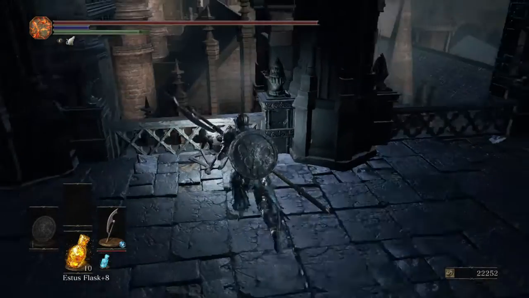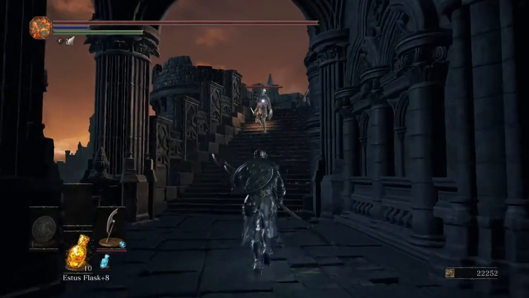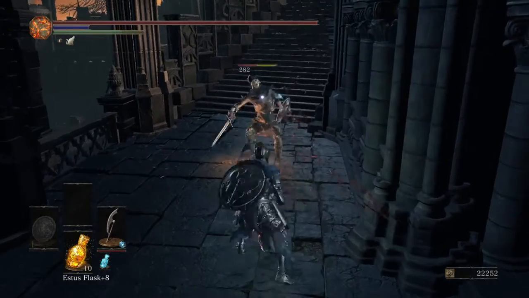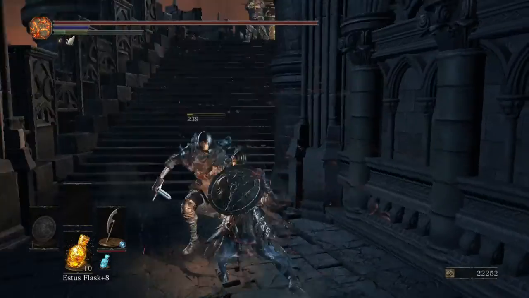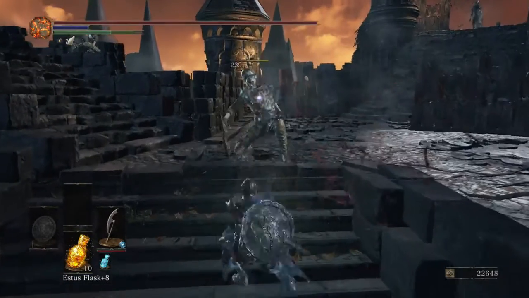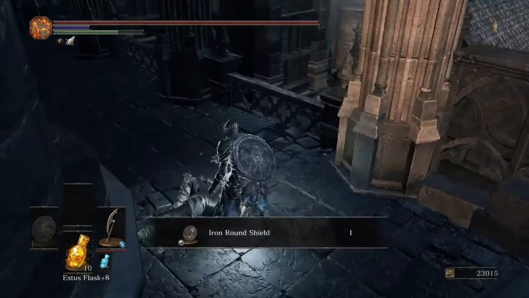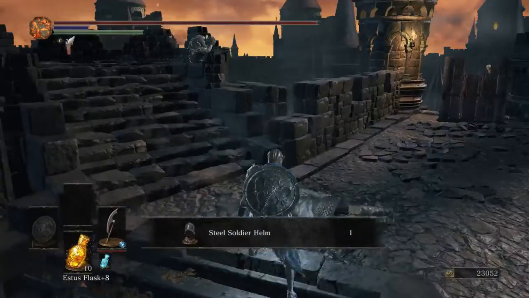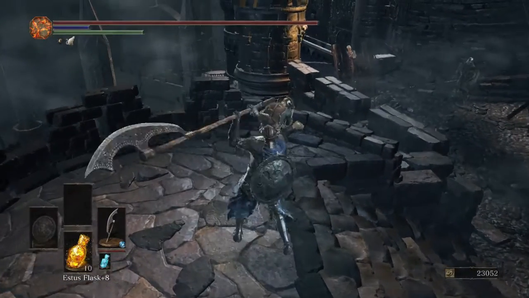So yes, let's get through here to the Dragon Barracks. These shouldn't be too much of an issue. You are easier to kill than normal, so I can take these out without many issues. Let's pick up what they dropped either way. Your iron round shield, another contender for the shield I was going to put on this build. A helm, which I'm never going to use, and, well...